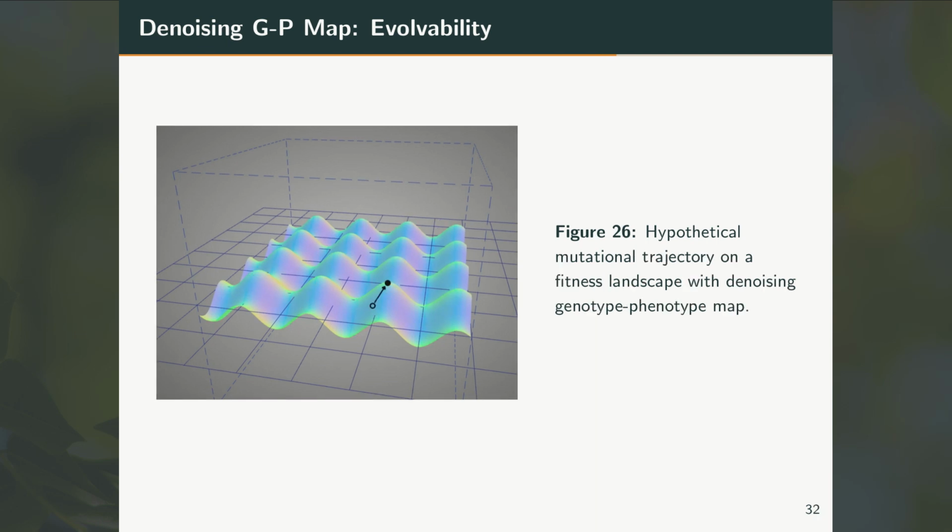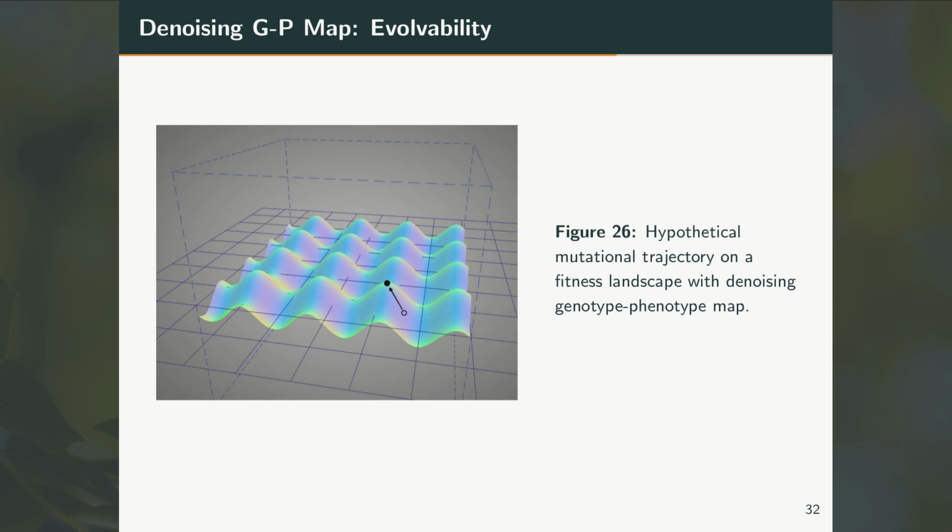And so what the denoiser is going to do is you give it an arbitrary genotype, the hollow circle, and it's going to map you to the nearest fitness peak, the solid circle, right? Because it's learned the regularity of distributions of the interesting solutions that it was trained on, the good solutions, and it's going to try to map you towards the nearest place where it thinks a viable solution might be. So if we mutate,